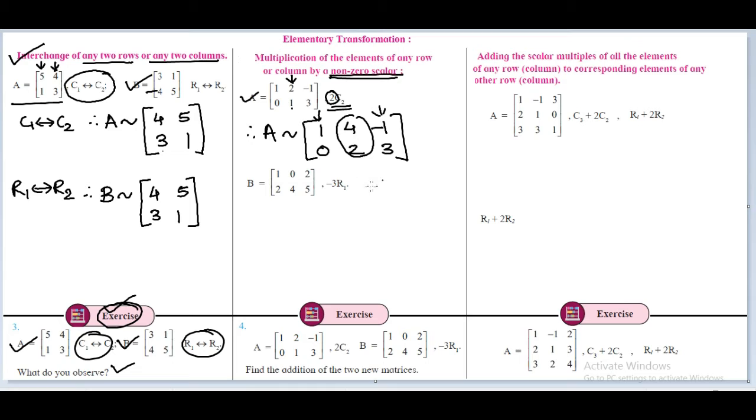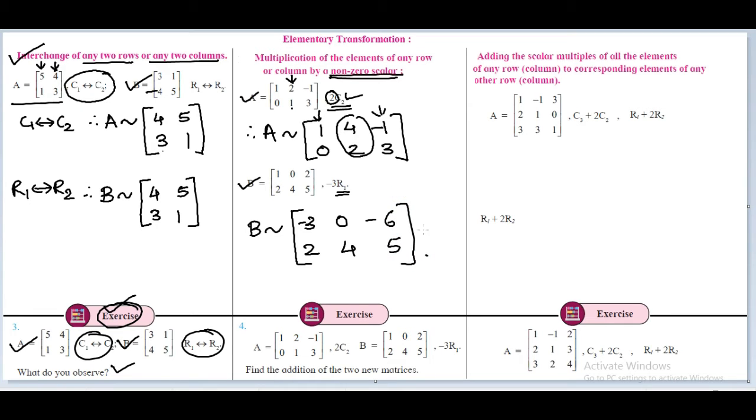Okay. Similarly, we will do the operation for row. I have shown it for column above. I'll show it for row also. What is the matrix given to us? Matrix is B matrix. And the operation is minus 3 R1. So the new matrix that will be formed will be equivalent to the original matrix, and that we can write as, there is change in only the first row. So minus 3 into 1, that is minus 3, 0 into minus 3 is 0, and minus 3 into 2 is minus 6. There is no change in the second row. So I'll write it as it is.